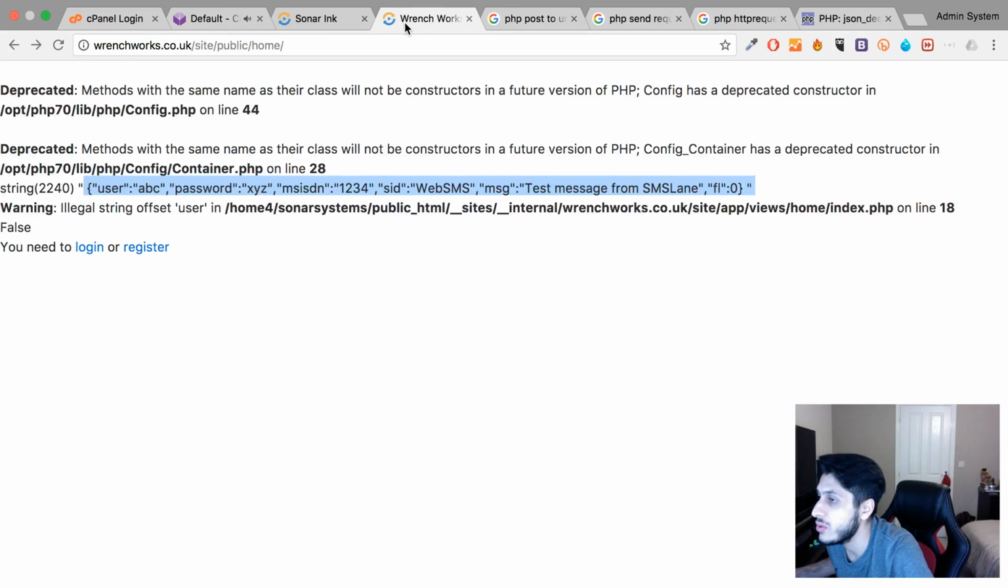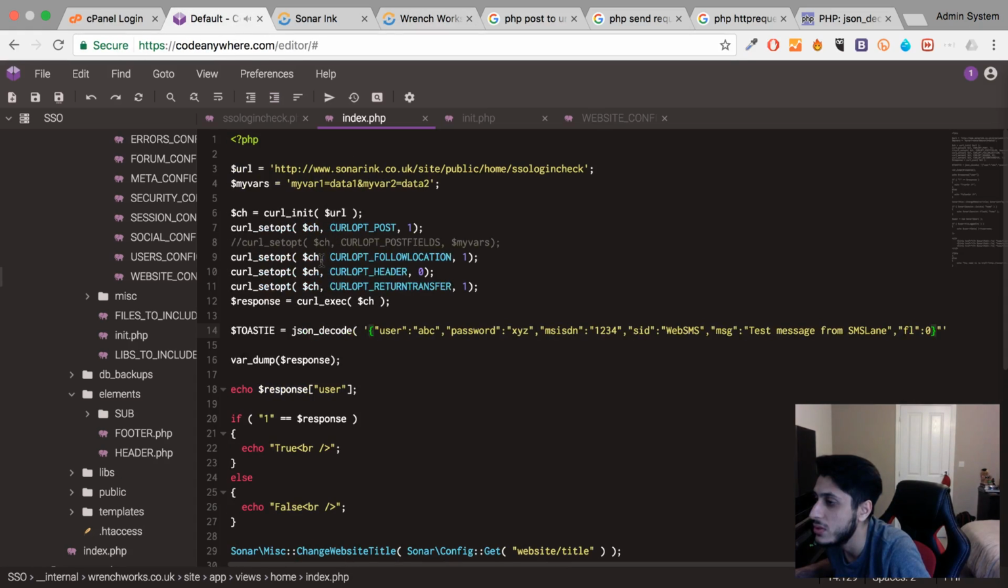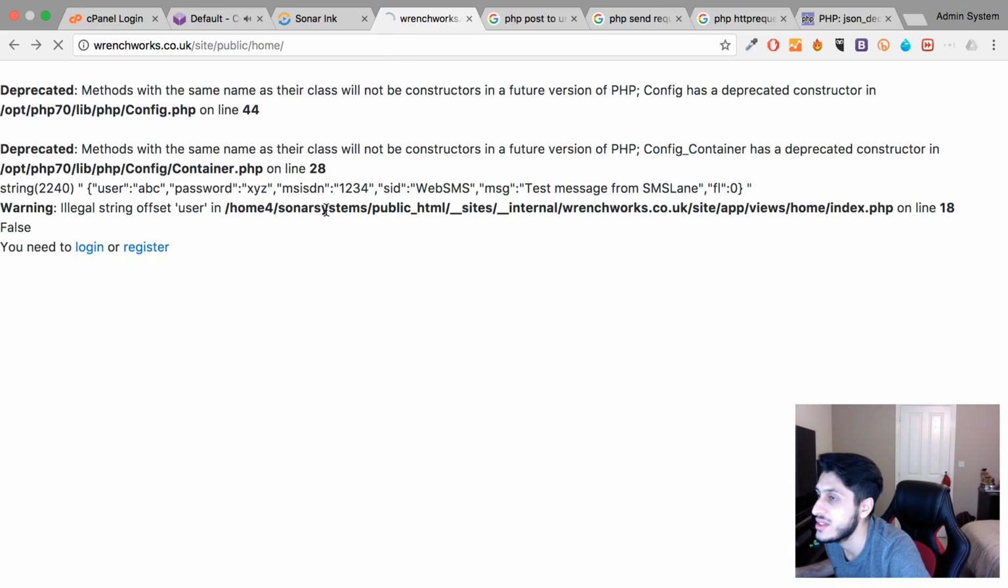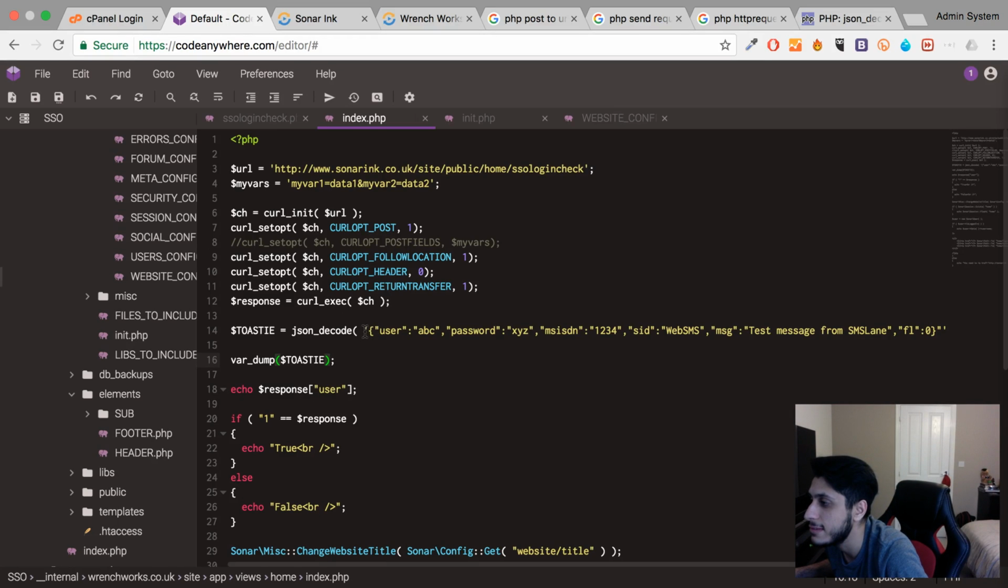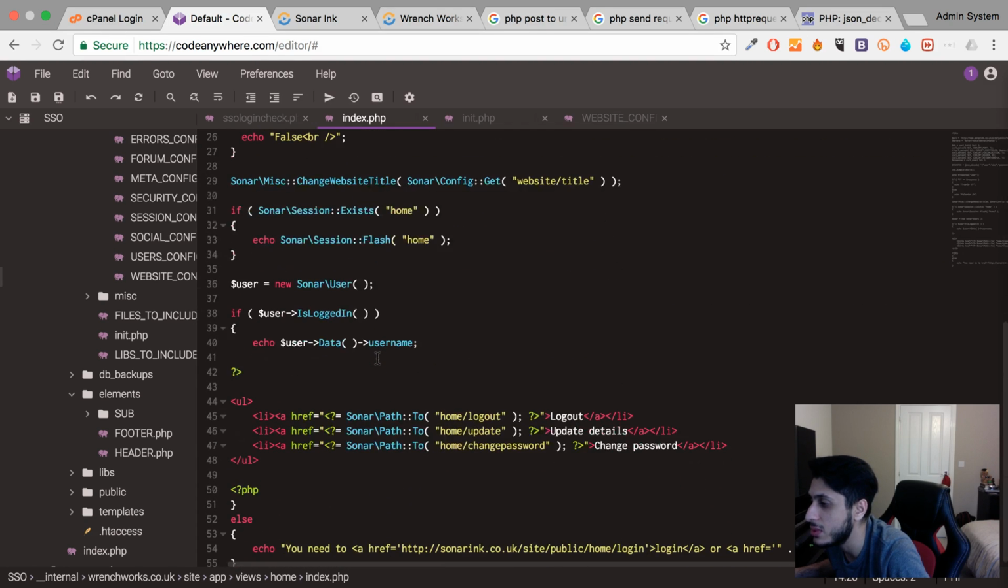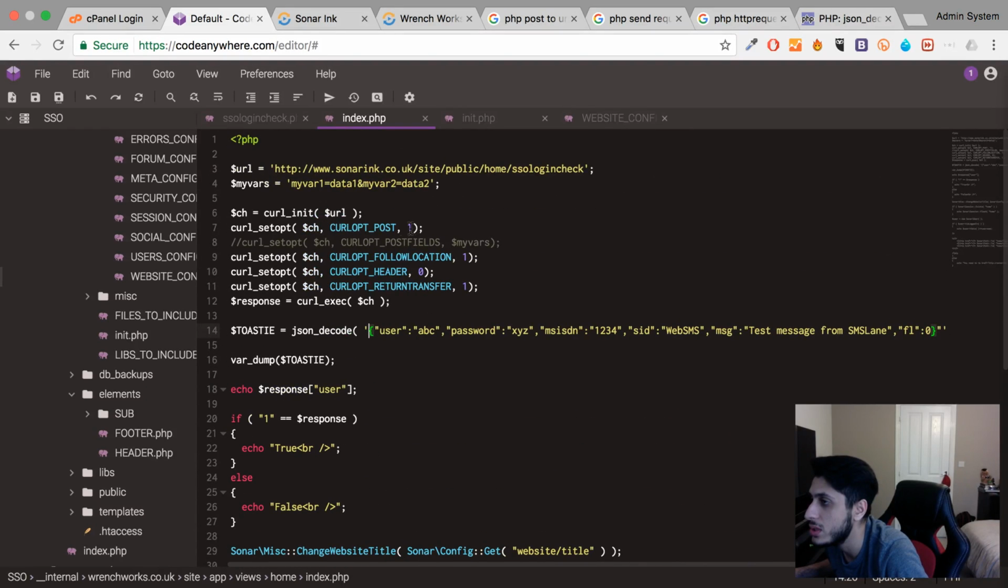Let's remove those for now. No var dump on toasty, $toasty. Yeah, don't ask about the names, the naming convention on this. Pretty sure you can do it that way around with the single quotation and then inside the double quotation. I'm pretty certain that is valid. Just in case it's not,